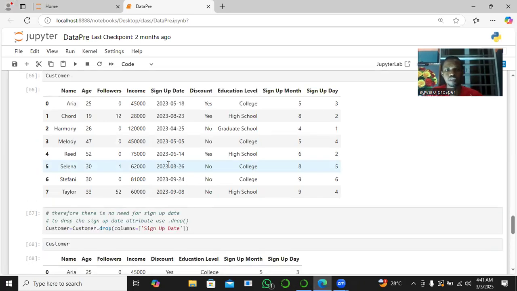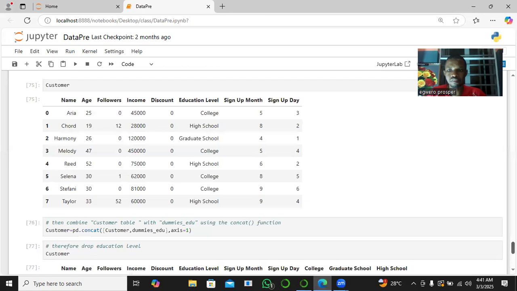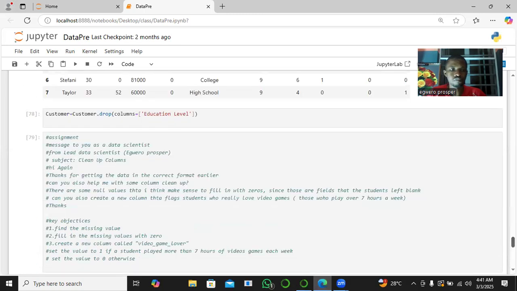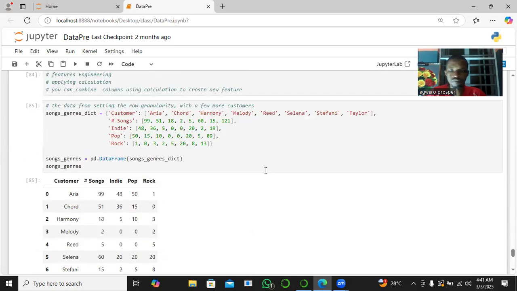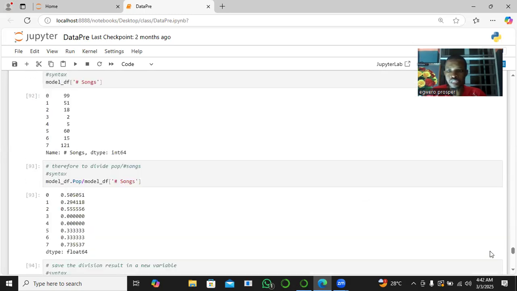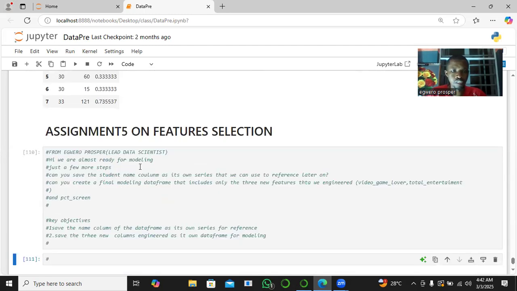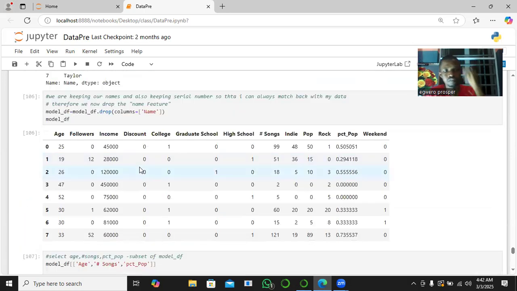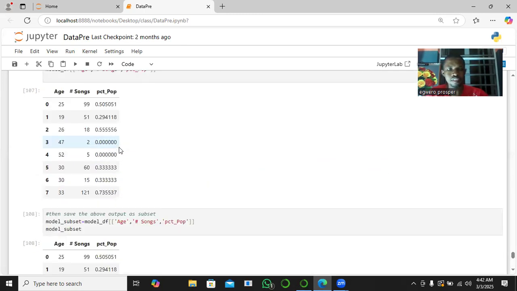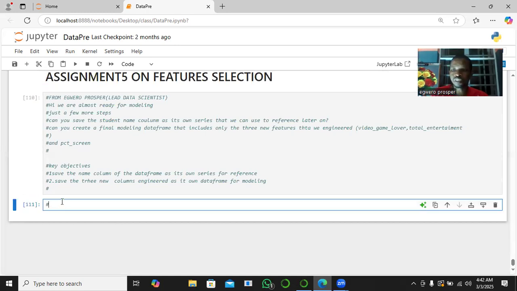Our next topic, remember that our last topic was on scaling. So I'm trying to see the activities of that class before I proceed to this topic. Unfortunately, it's like I don't have it on my notebook. Probably this is not the notebook. However, we are diving into a new topic actually,